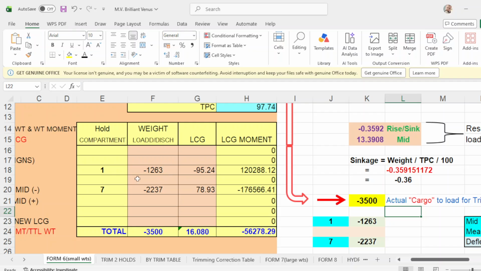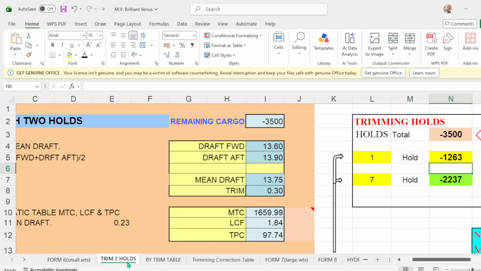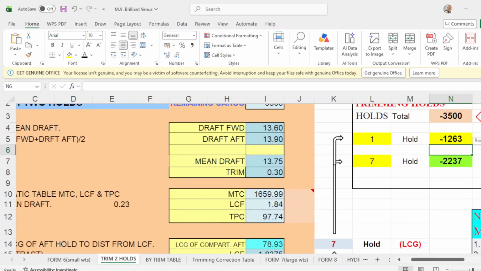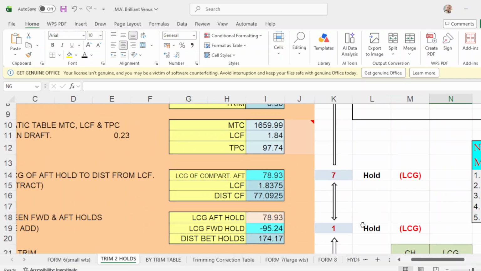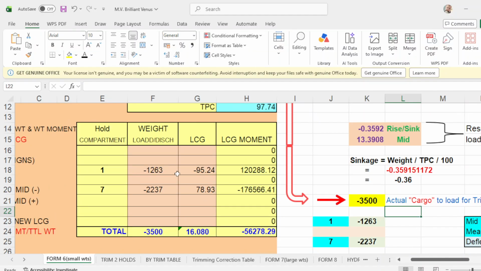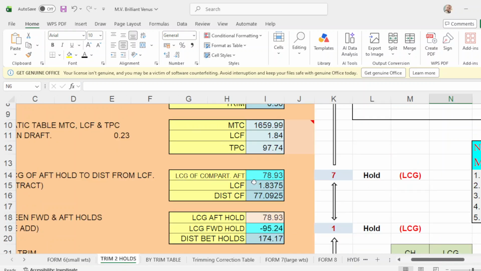So you discharge your weight in number 1, which is the same here, and number 7 the same here. Apply the LCG of number 1 and 7. Number 1 LCG is negative 95.24, and number 7 is 78.83.